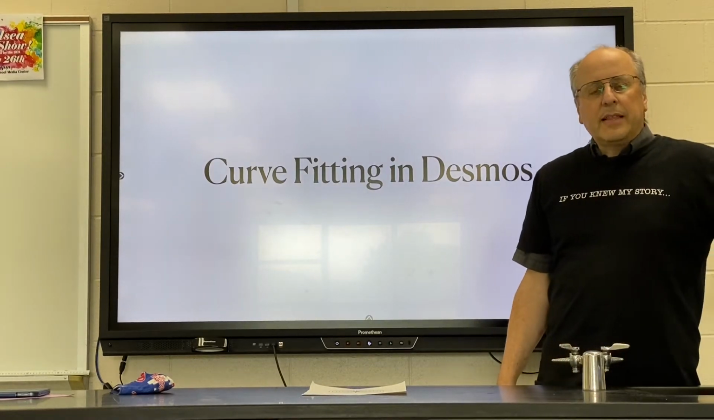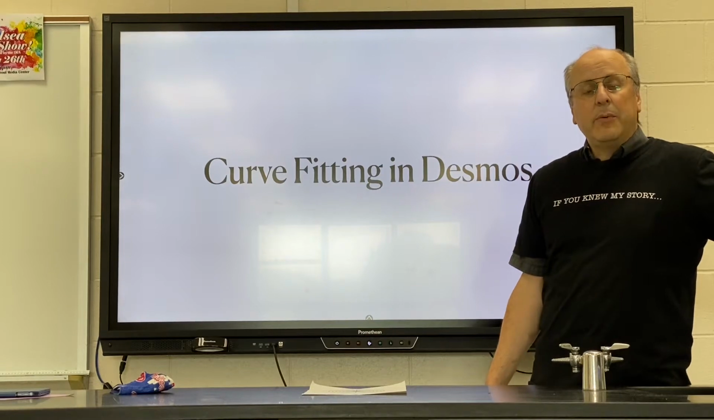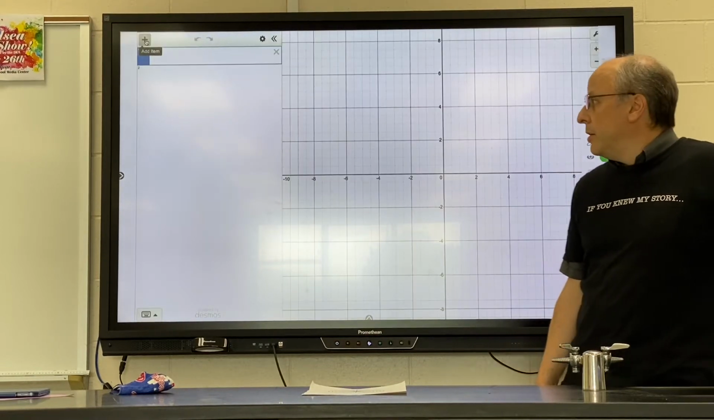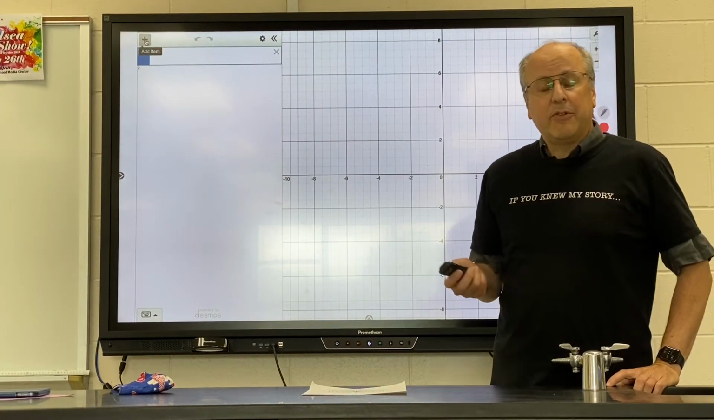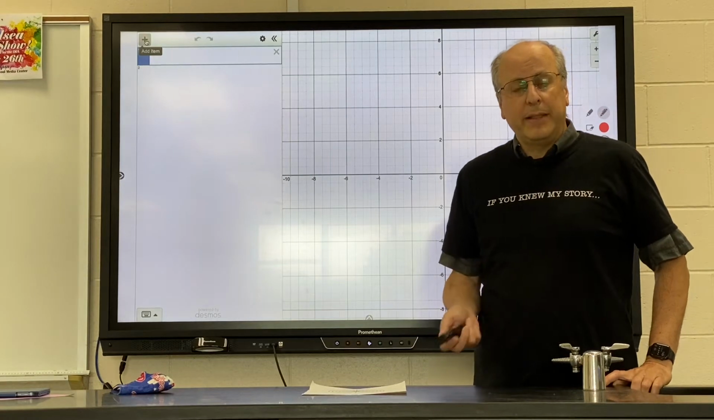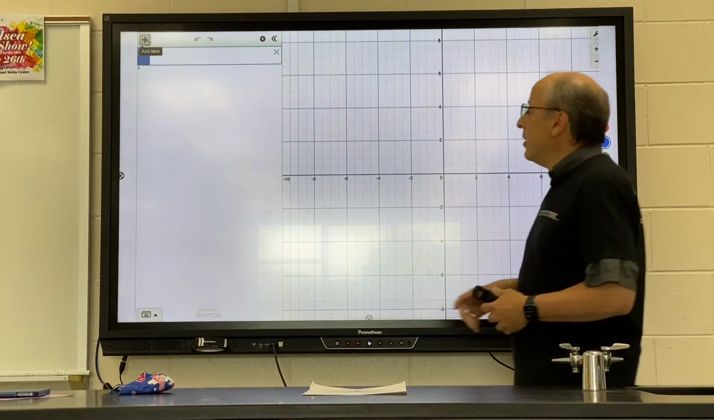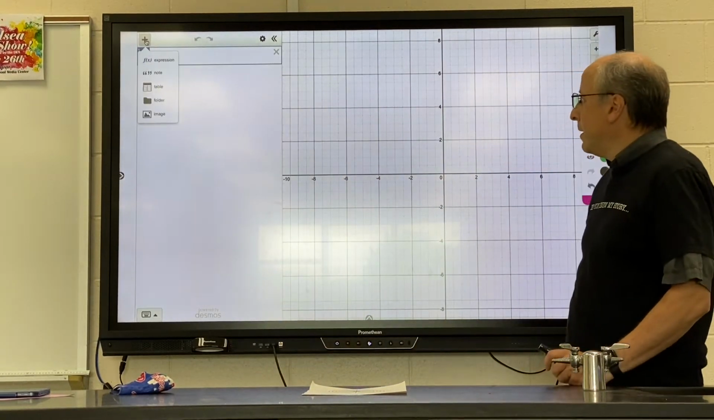Okay, now that you've collected all your data for the Earth's magnetic field lab, we'd like to curve fit the data and see what we should have gotten. You will not be able to curve fit this data using my graphing program, so we're going to have to go into Desmos. So open up Desmos, go to where it says the little plus sign, and you want to